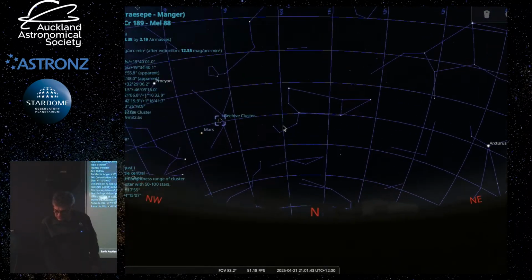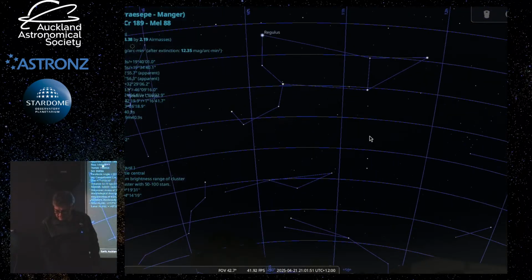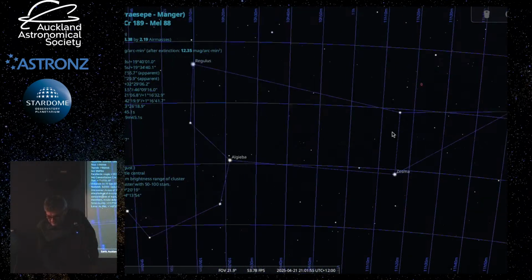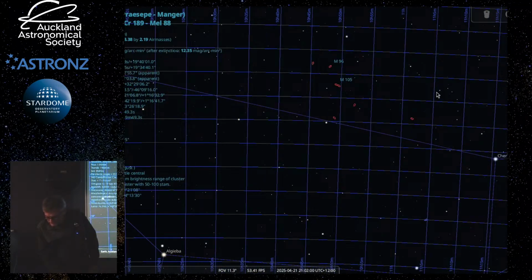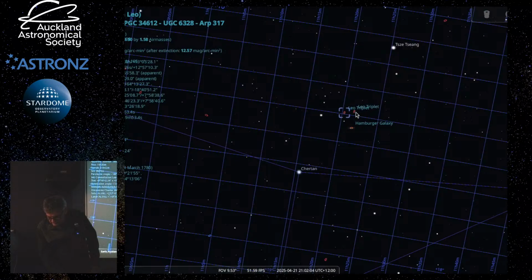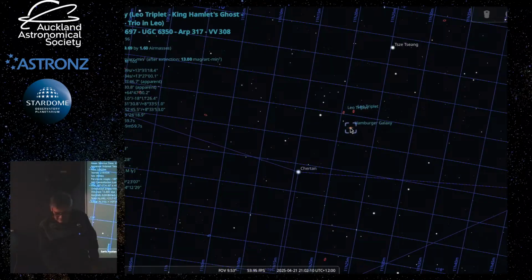The other thing I should mention is the constellation Leo. You can see the sickle shape there, and there is a nice set of galaxies in here. See as we zoom in, and these ones are particularly well known, called the Leo triplet, Messier 65, Messier 66, and this other galaxy